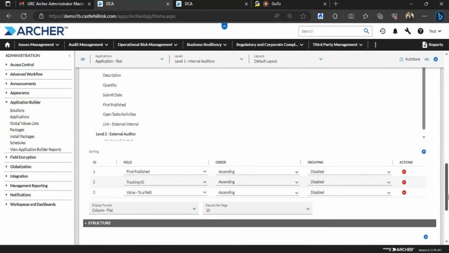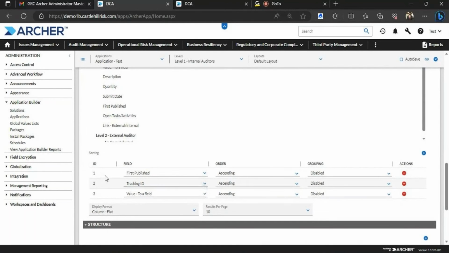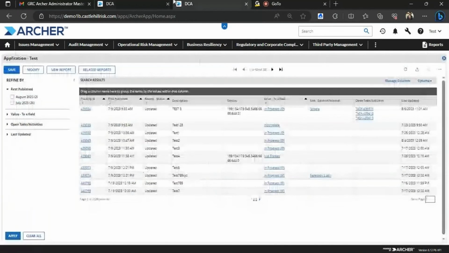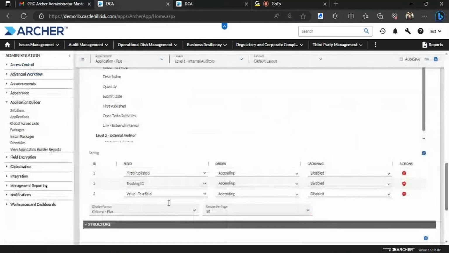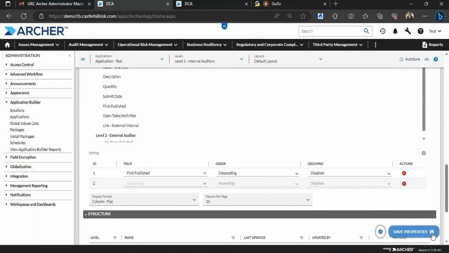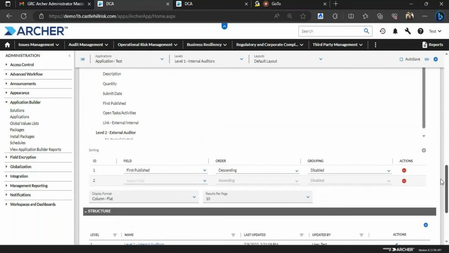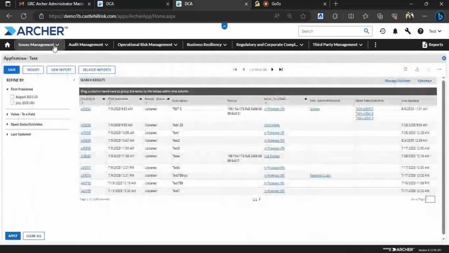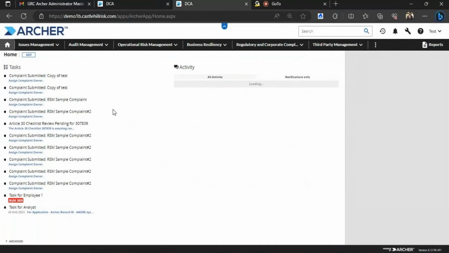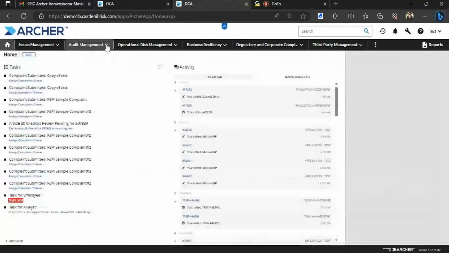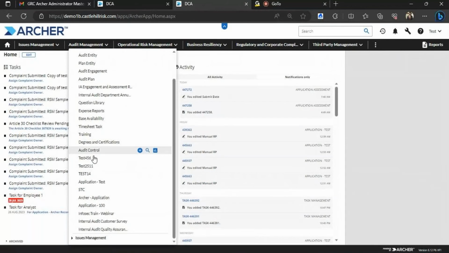And similarly, in the landing page, I can even sort my records. So if I want the records which were first published at the very early, if I want all of this in ascending order, I can choose to sort based on ascending order. I can even choose to sort in descending order, and just remove the others. So now when I go to the landing page, I'll see all the records in descending order according to their creation date. So I go in here,